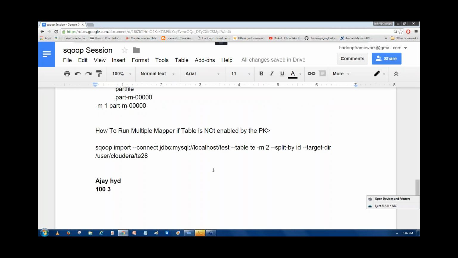I want to import it to some directory, te28. In simple words: if the table is enabled by the primary key, we can run multiple mappers.